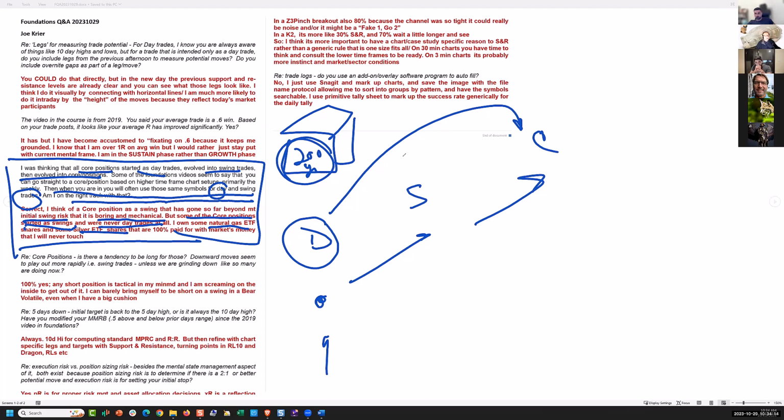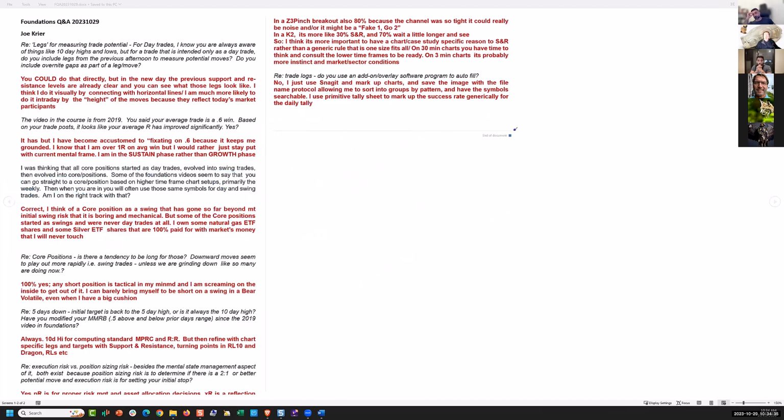So I inherited some silver coins from my grandfather, which he got from his father. And I'm never getting rid of those things. So, in some sense, that's almost like beyond a core position. I suppose I should call that a legacy position. But there are some positions that I day trade